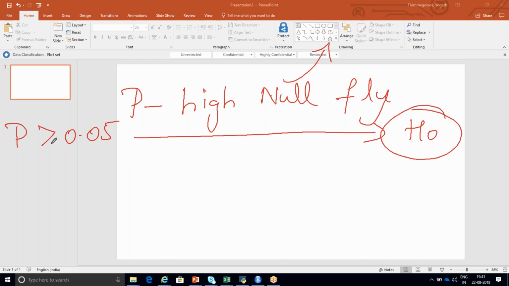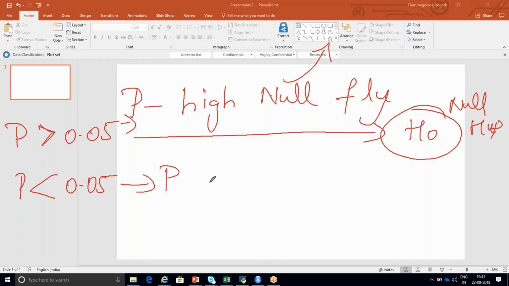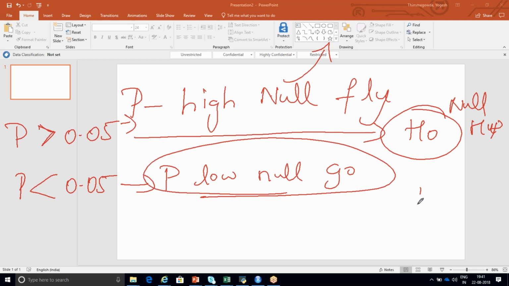So if your p-value, that is your probability value, is greater than 0.05, it indicates that you're accepting your null hypothesis. If your p-value is less than 0.05, you can write a quote like this: p low, null go. Means you should go out of your null and you should accept your alternate hypothesis.